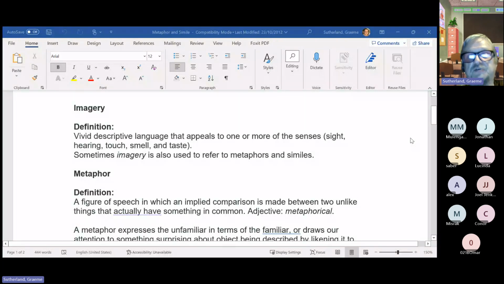So, imagery, which is about creating effects for the reader, like things to do with the senses, maybe sight, hearing, touch, smell, taste. The idea of bringing to life a description. Remember that the examiners like,